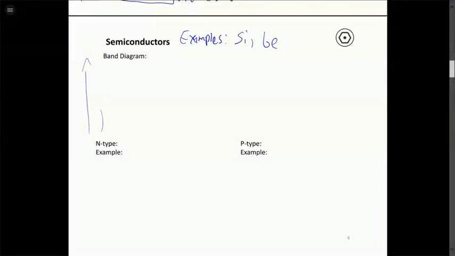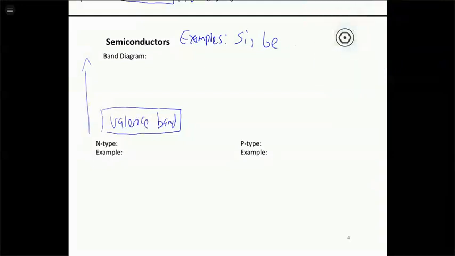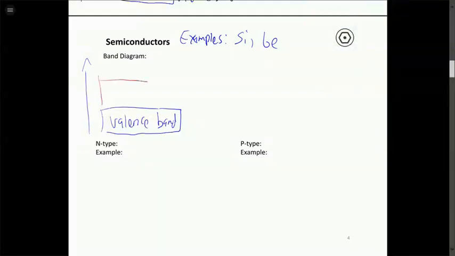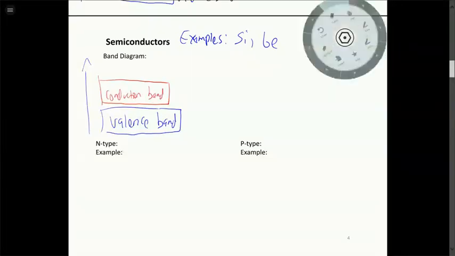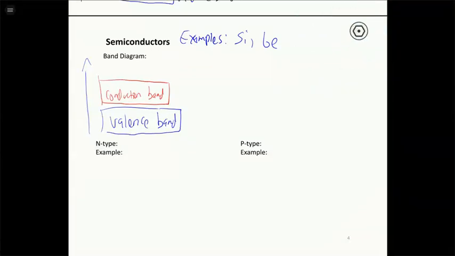you're going to have a valence band and a conduction band like we did before, but there's going to be sort of an intermediate gap. It's not a huge gap like you have in an insulator, but there is at least a small gap. All right, so you have your valence band, then you have a small gap, and then you have your conduction band. Maybe that's a little bit too small, but that's okay. So that's our conduction band. All right, so the two don't sit right on top of each other anymore, so there is some barrier to conduction. The electrons have to go to higher energy. So there's an intermediate gap.